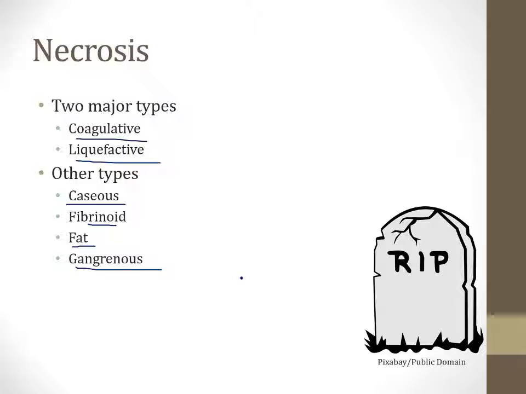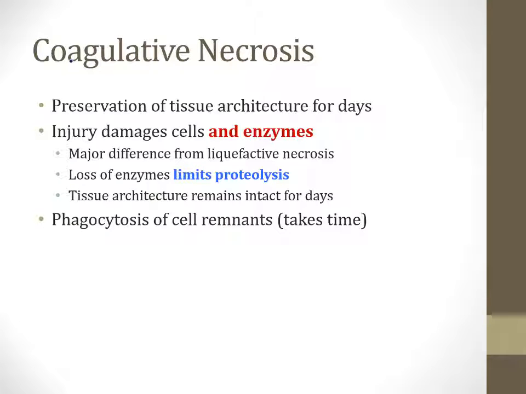But the point to understand is that these are all determined based on what the tissue that has undergone necrosis looks like, either grossly or under the microscope. We'll start by talking about coagulative necrosis, which is the most common form of necrosis. The hallmark of this form of necrosis is that the tissue architecture is maintained for several days, and this is a key point. The tissue does not just fall apart, but it maintains to some degree its original shape and